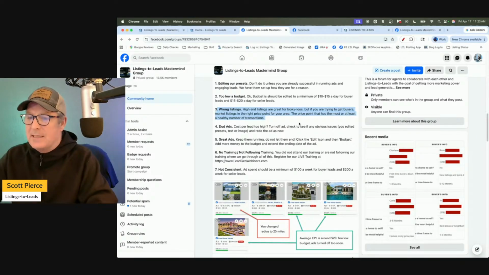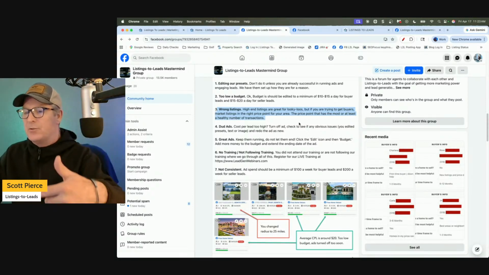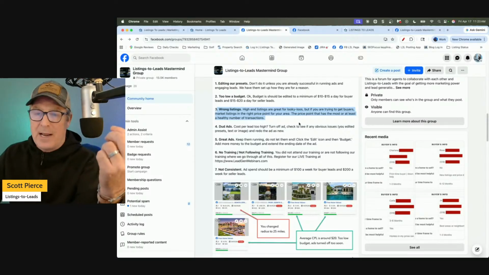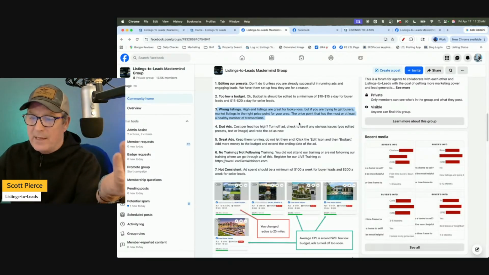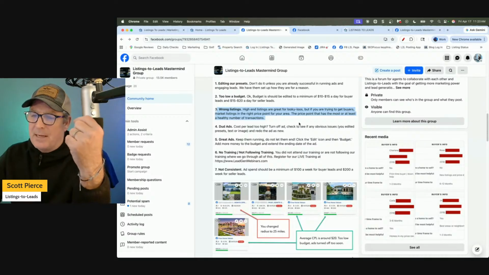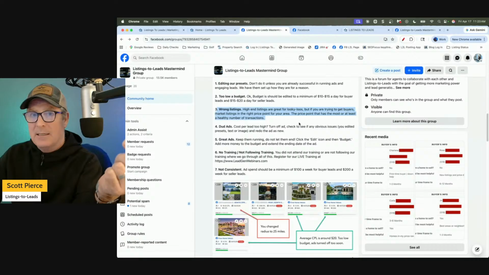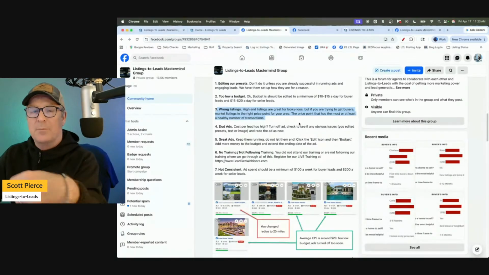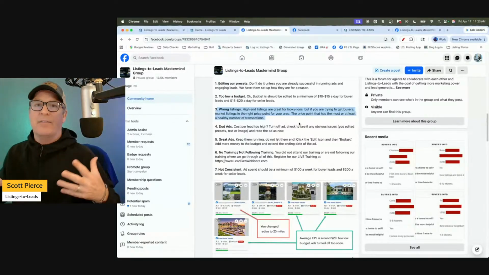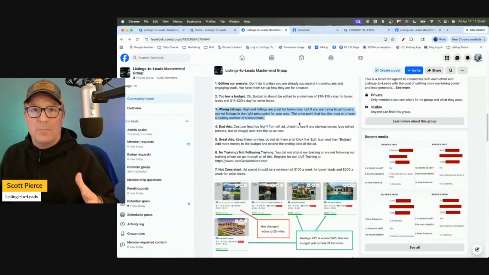People run ads on the wrong listings. So again, we got down payment assistance. You can do new construction. You can do cash offer. A lot of success with cash offer right now. You can do home value, right? You can do pending and sold. But wrong listings. When you're going to run an ad for a listing, in particular one that's not yours, where you're going to put some money behind it, you want it to be in the part of the market that is a healthy, high turnover part of the market.